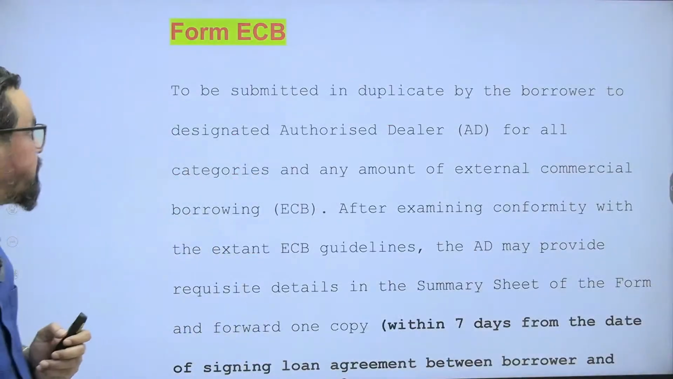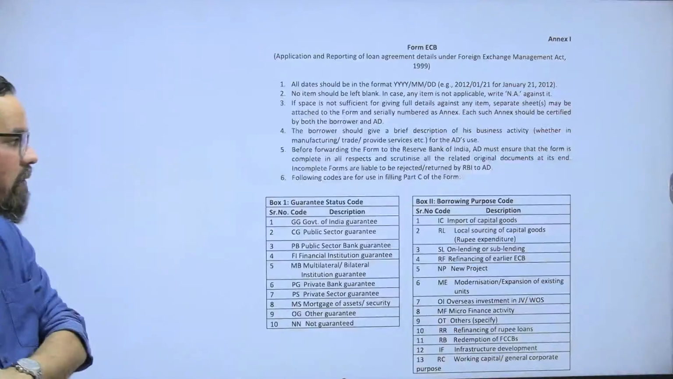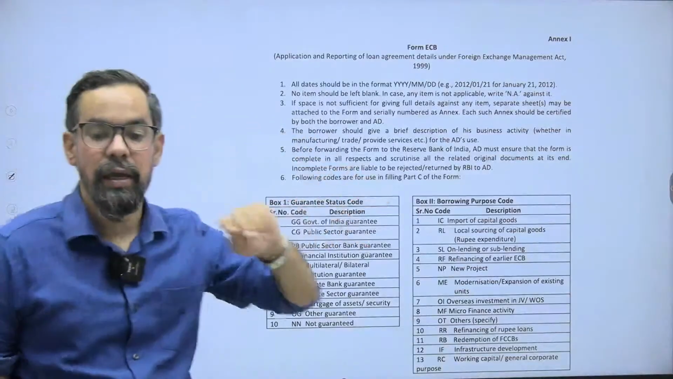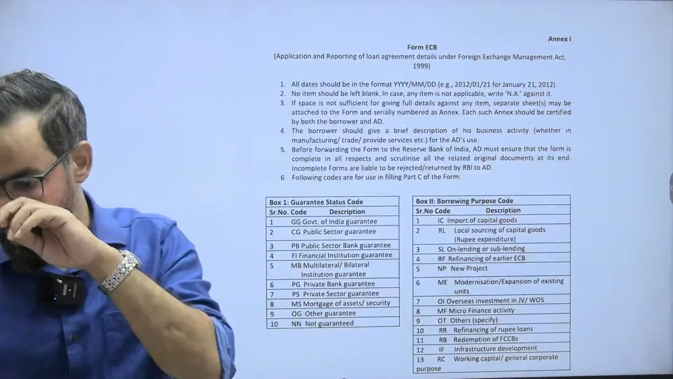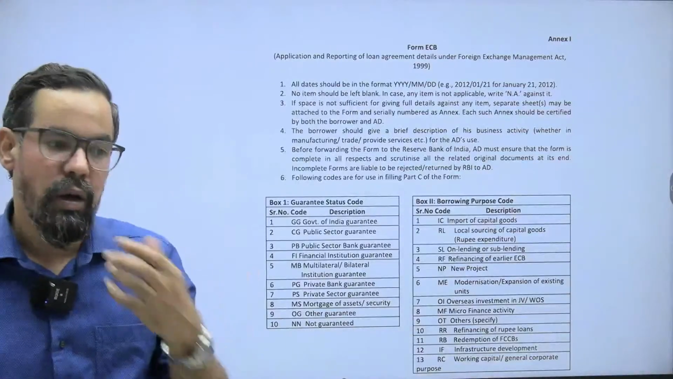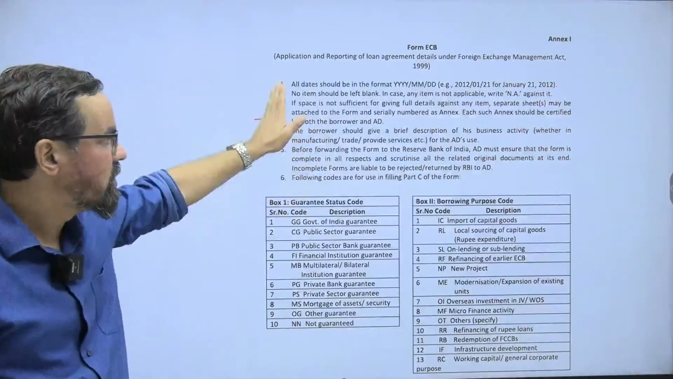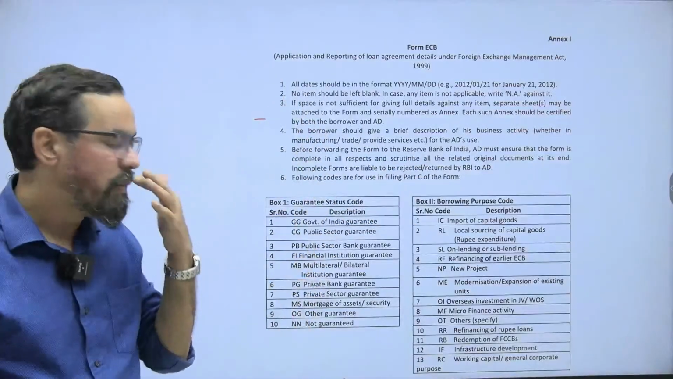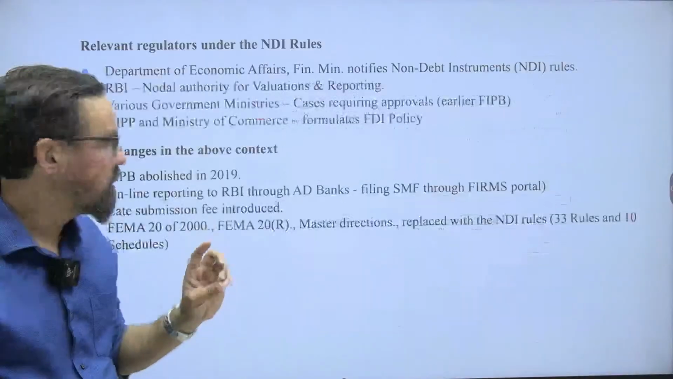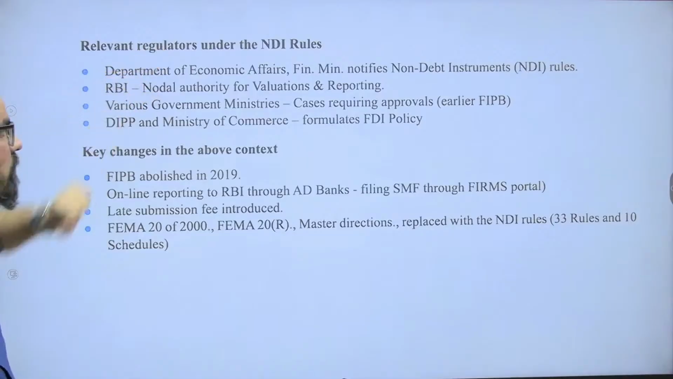Okay? Form ECB, so it is a format. While you, as a company, approach for this ECB, you have to fill one form that is called form ECB. This is the format where we have purpose code and other things which are generally part of this one. Relevant regulators under net domestic